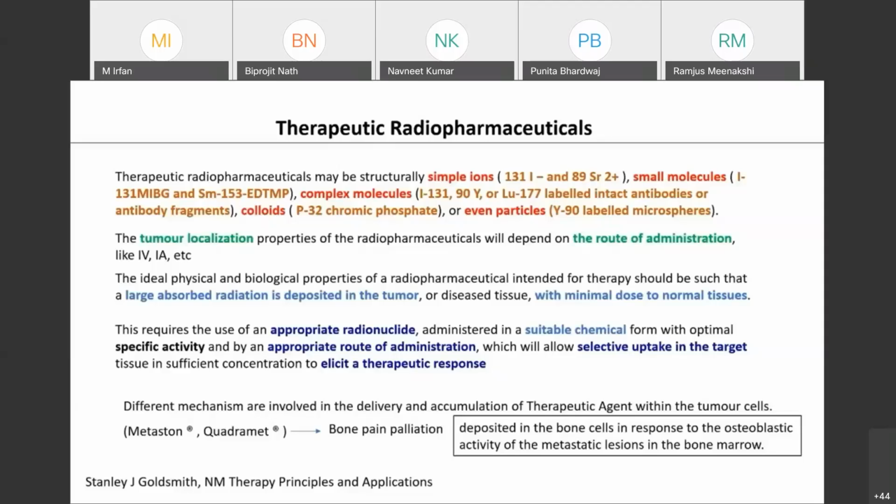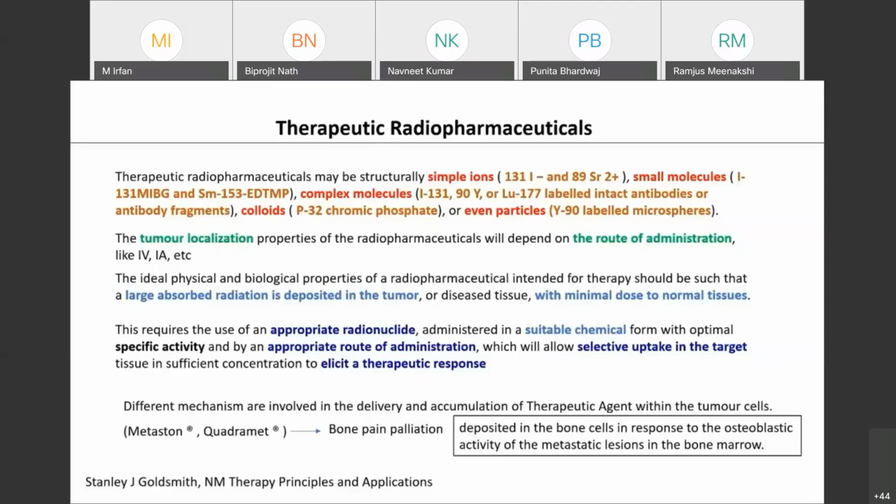So that's the main way to judge how much tumor localization you are expecting out of it. It depends on how you are giving the drug, that is, through which route of administration you are giving the drug. And apart from these, the ideal physical and biological properties of pharmaceuticals,